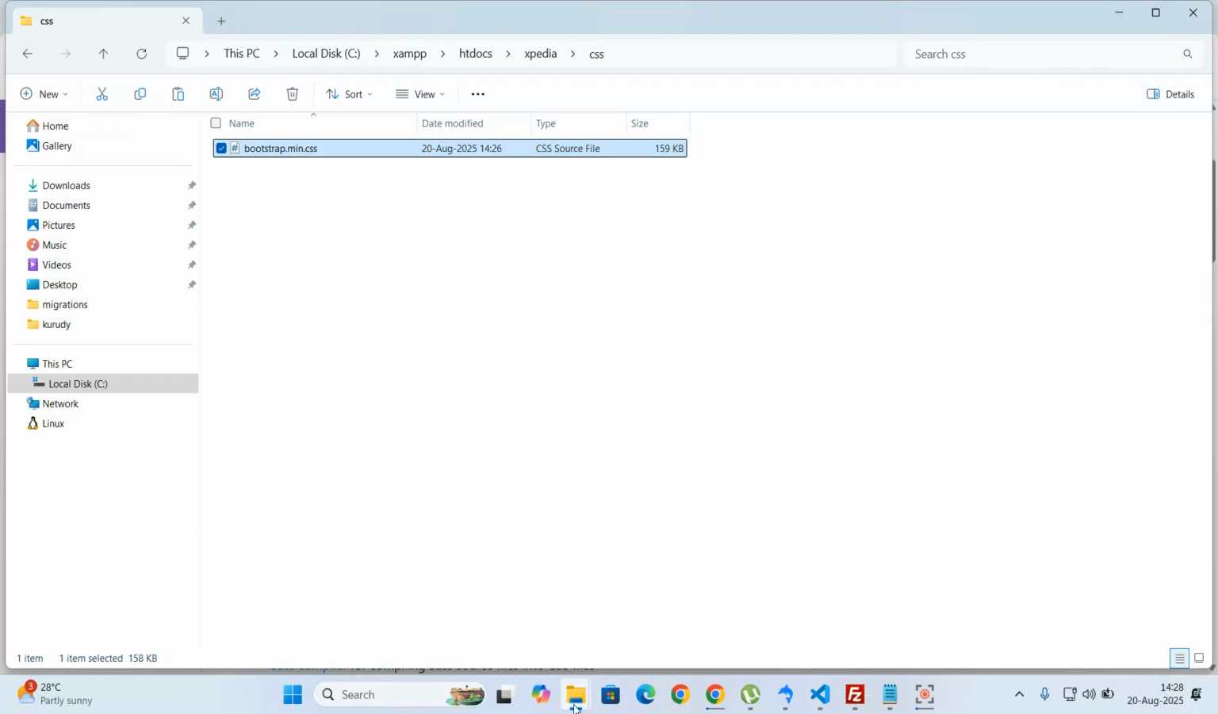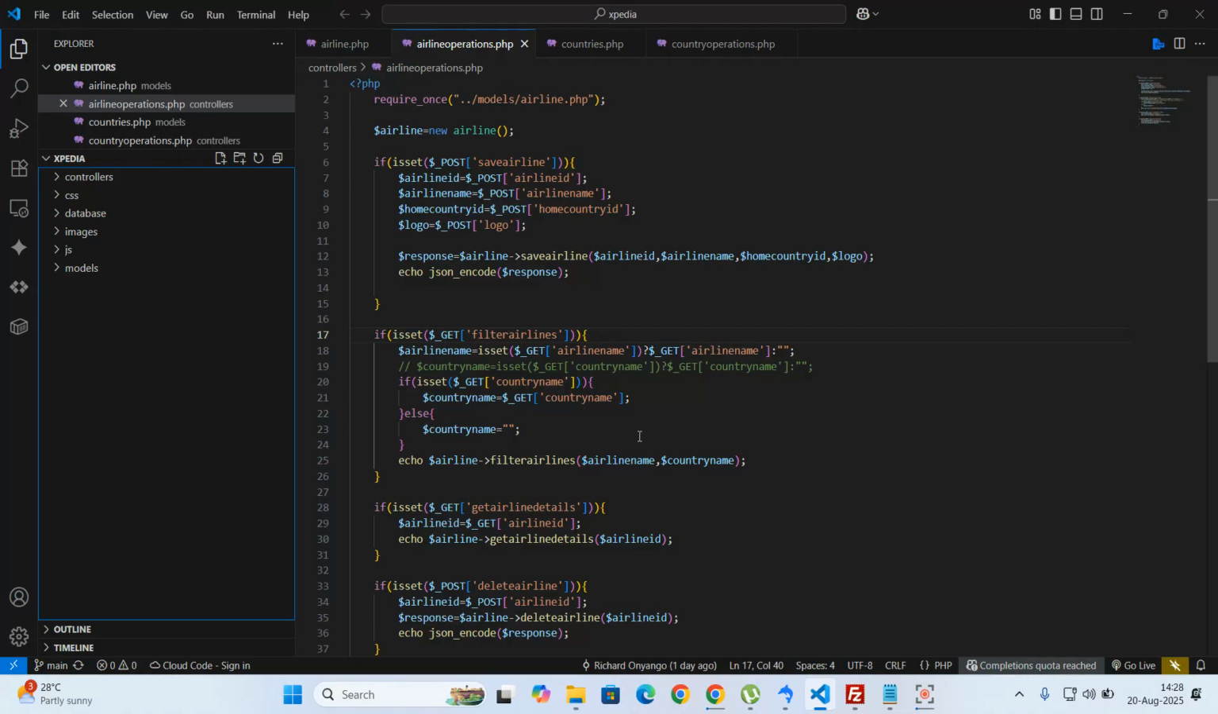Now, I don't need these bootstrap files anymore. So I just close them up. And if I come back to my application over here, you'll see inside JS, I have bootstrap, and inside CSS, I have the bootstrap CSS file. That is all I need. Then also,